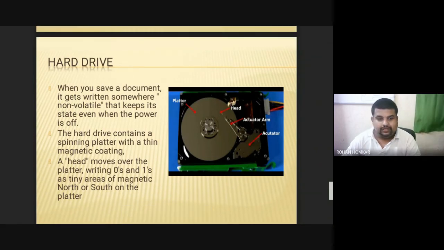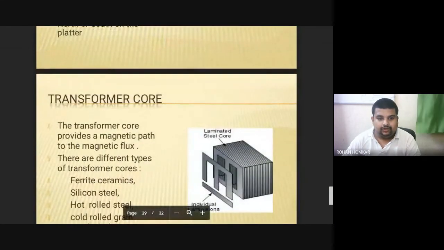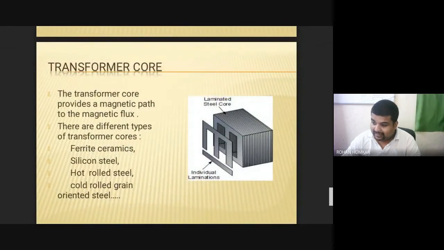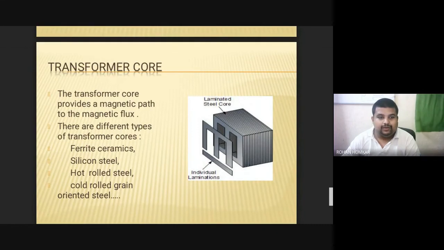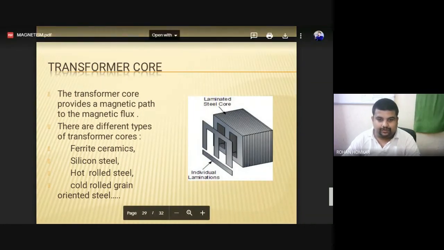So let's see what happens when we use these magnetic materials for our electrical applications, like a transformer core. The transformer core basically provides a magnetic path for the magnetic flux which is created by your primary winding, and then that flux links with the secondary winding. Okay, so this particular magnetic flux has a path,